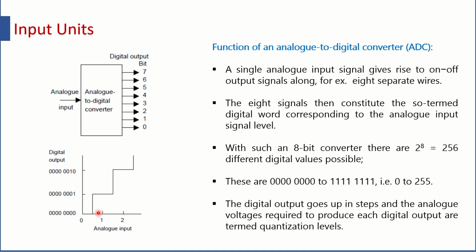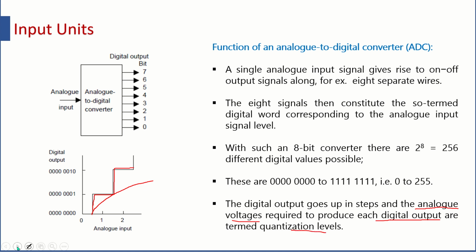यहाँ पे आप देख रहे हो analog signal continuous change होता है. You can easily think, because analog signals they change continuously like this, but a digital signal actually changes in steps. You can see here the steps. Now you see analog voltage, this particular thing you must remember. Analog voltage, minimum analog voltage that is required to produce each digital output is called